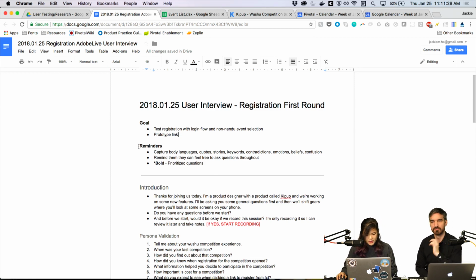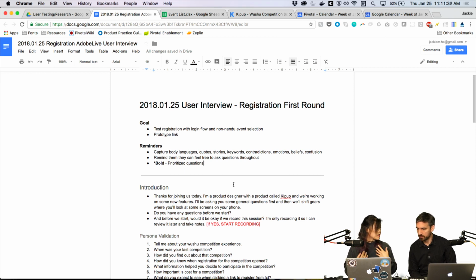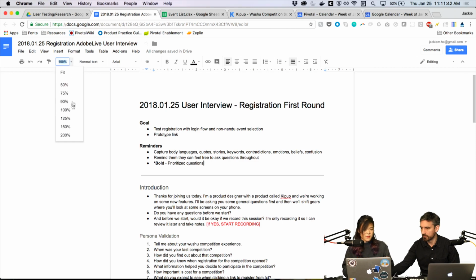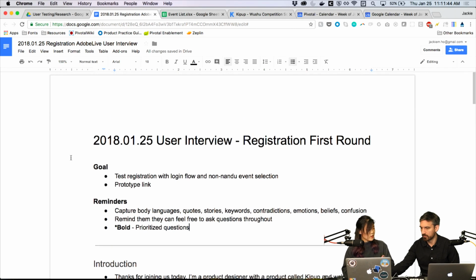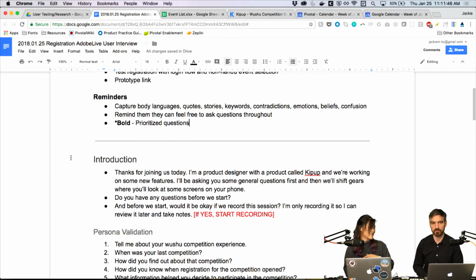And then I captured some reminders for myself. I work with a lot of clients. I work at Pivotal Labs, we do software consulting, so it's really good to reiterate some things, even if I know them. That way, everyone who has this document and is taking notes, which I'll actually have Michael take for me, is aligned. All good. Okay, we'll have Michael take notes. So these are just good reminders for everyone in the room.